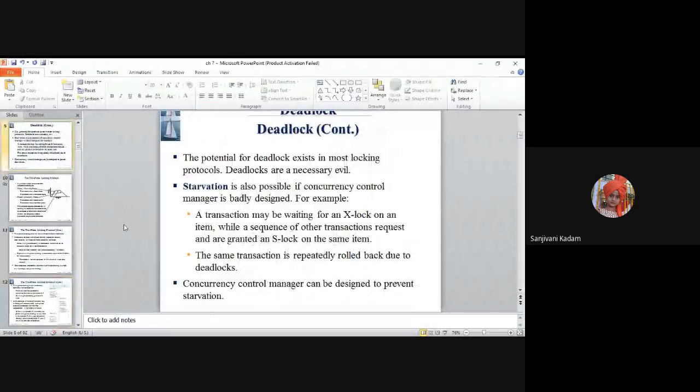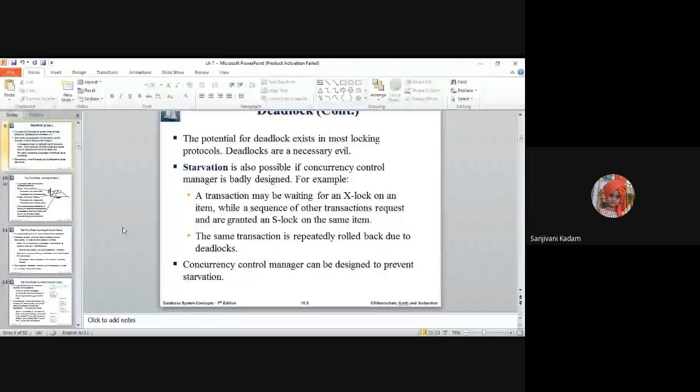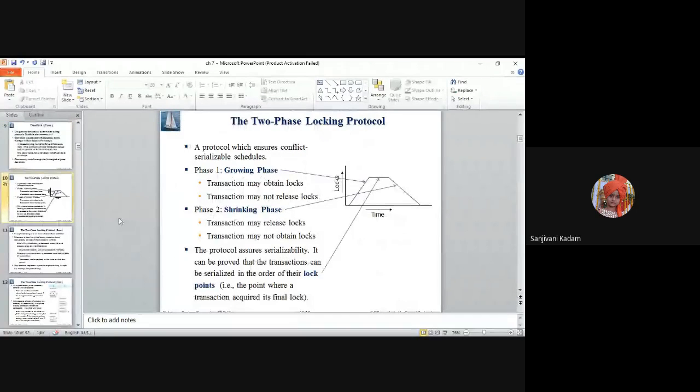That is, there can be starvation in two ways. The first is that we choose the same transaction multiple times to come out of the deadlock, so starvation can occur. Or, whenever there is a shared lock, if a sequence of transactions keeps sending requests for a shared lock, a transaction which is willing to have an exclusive lock on a data item may suffer starvation. So again, a rotation is allowed where the exclusive lock also can be granted.